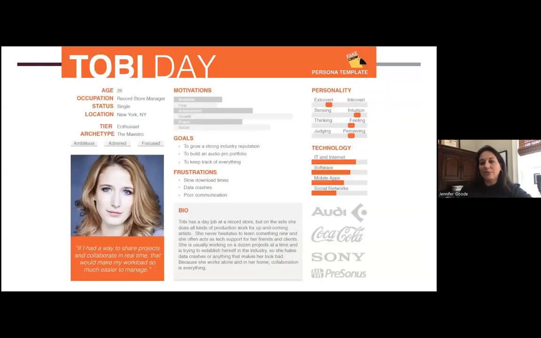So I'll put this back up here as another sample. This is a persona template that's out there. And you can see some of the things are the same. This one's not necessarily all learning based, but you can see how they formatted this. You can just do this in PowerPoint. And you can see the personality is there, the motivations are there, and it gives some basic information about that.